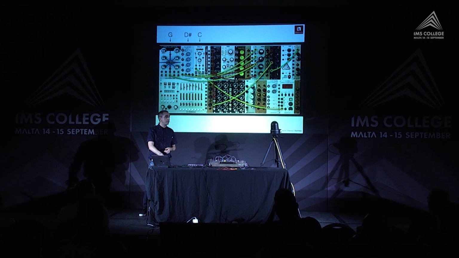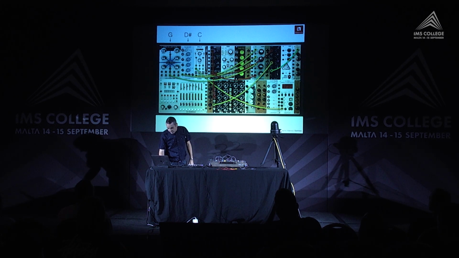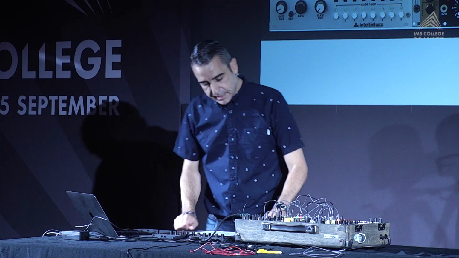If I send a C note from Ableton Live, it's going to give me the root chord that I pre-designed on the oscillators, but I can transpose it through the keyboard on Ableton Live. So the result of all this patching should sound like this.